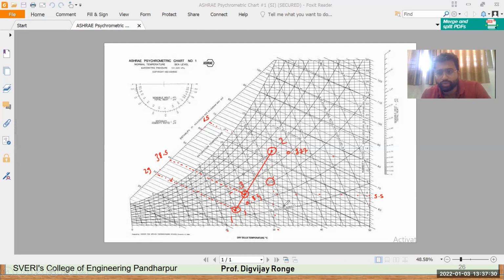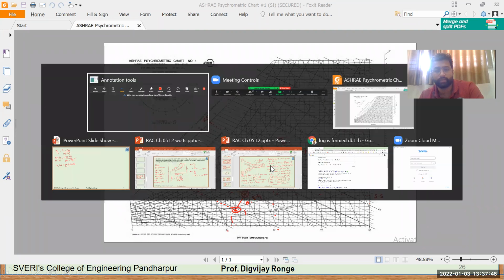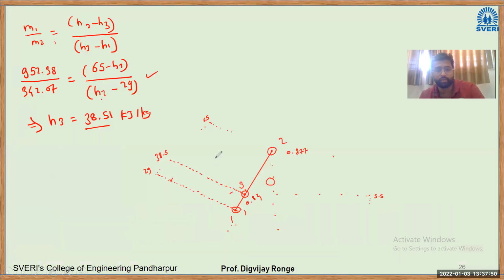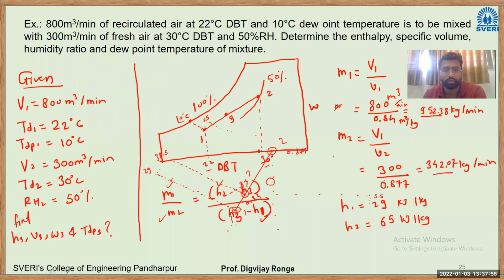Okay. Now next we have to calculate how much amount of moisture change or something like that, correct? So first for that I will calculate the moisture content and then we can see. Okay. So first of all, I will write this in our PPT. Okay. So here it is. So I got the point number 3.